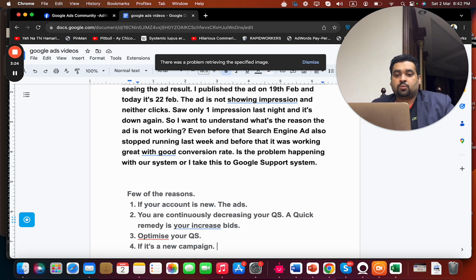Now the question is how you can optimize the quality score. Make a smaller set of campaigns with fewer keywords, more targeted, more relevant ads with specific landing pages. The more landing pages and ads, the more organized your campaign is, the higher your CTR will be, and the higher your quality score will be, through which you can pay a lower amount and get the maximum ad spot. So this is the reason why your ad is not being shown.